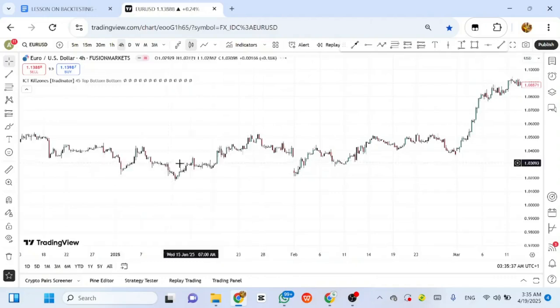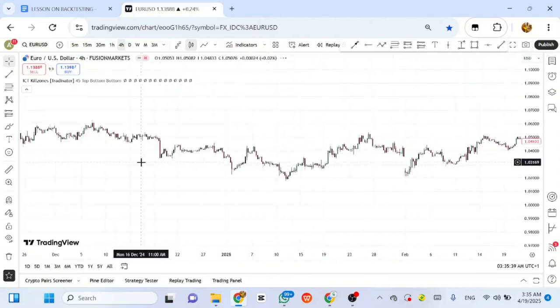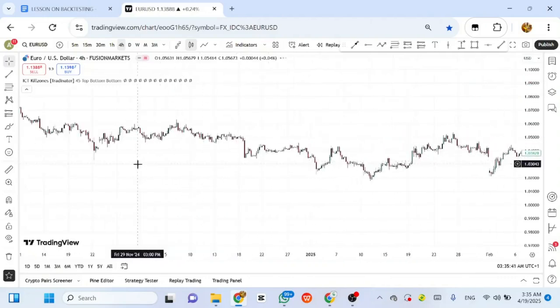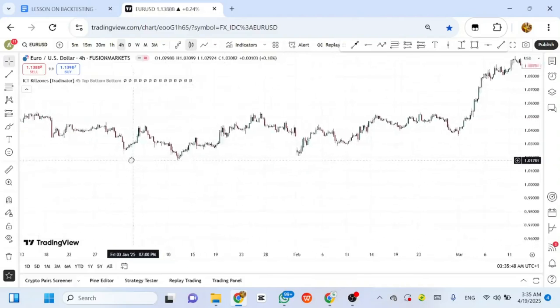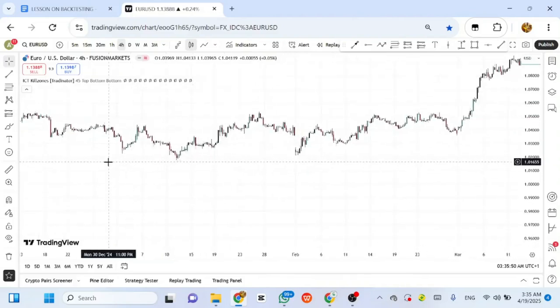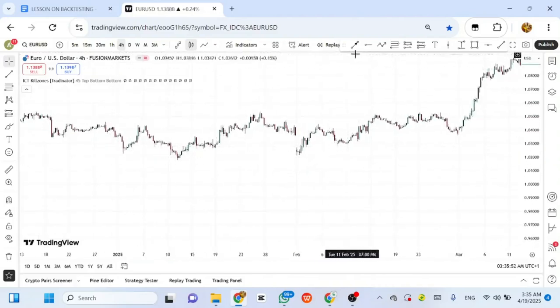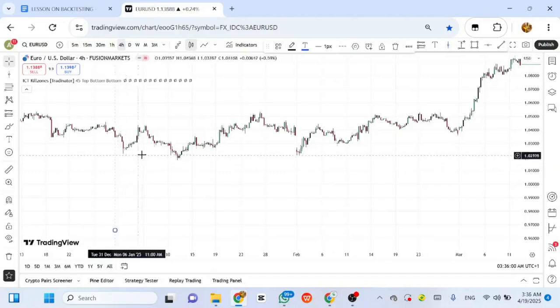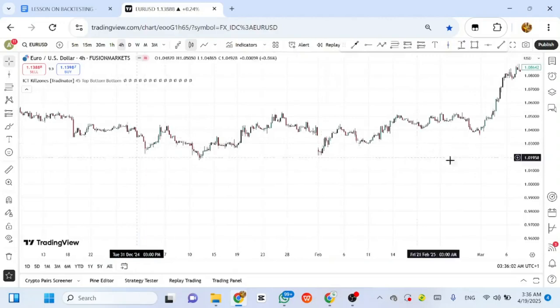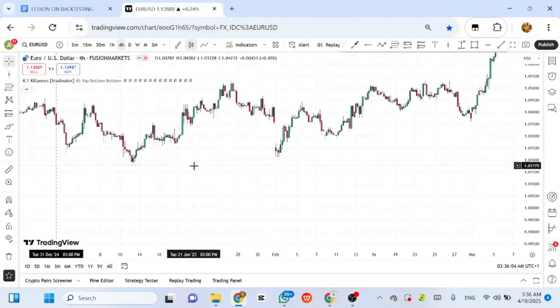Yes, early January, because this is a kind of swing trade. It's not scalping. Okay, this is November, December. All right, so this is January. Let me just mark this with a vertical line. So this is January, guys. Please pay attention. This is a technical aspect of this course.